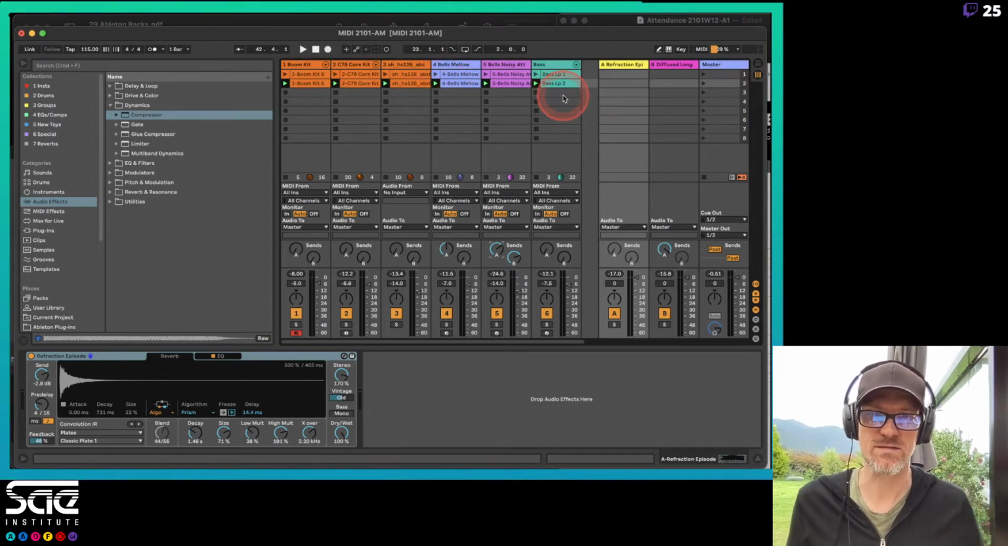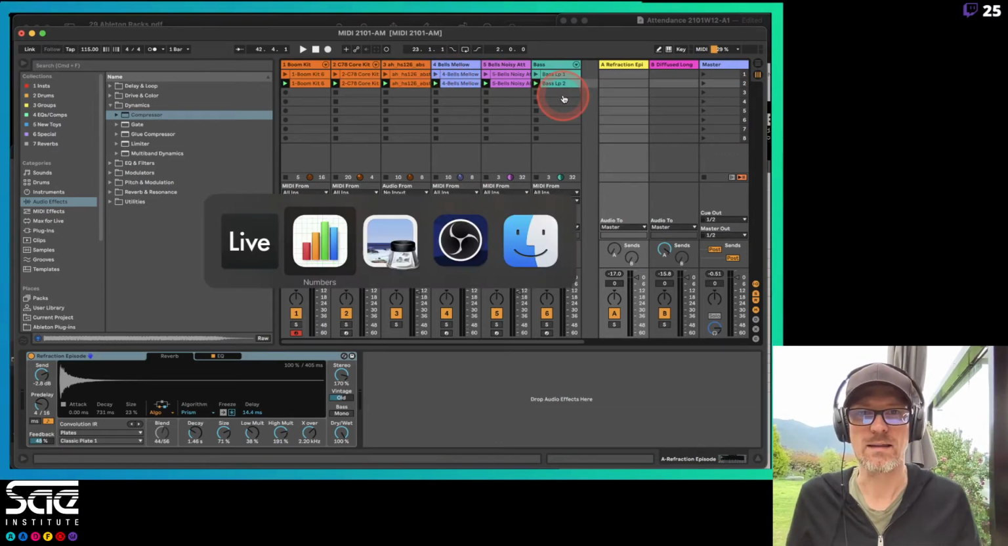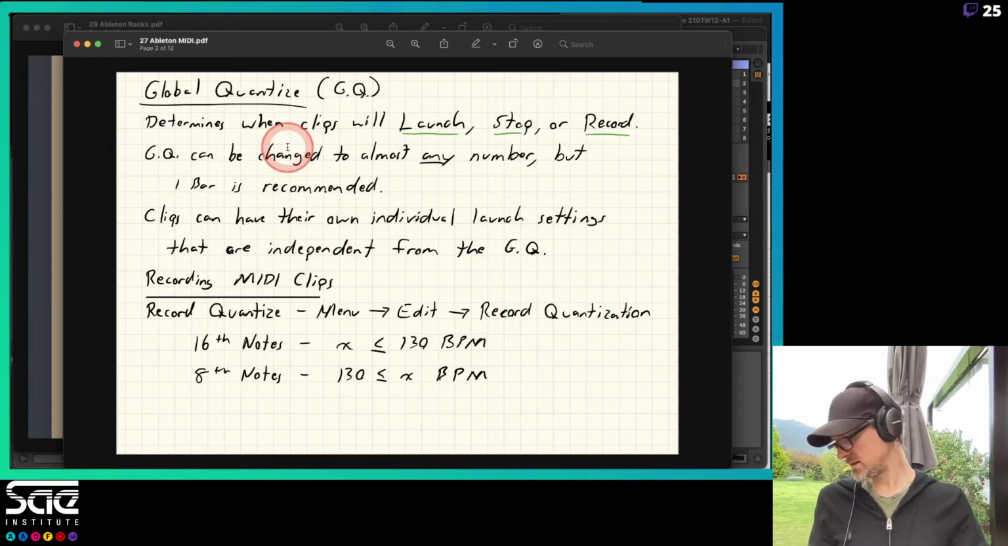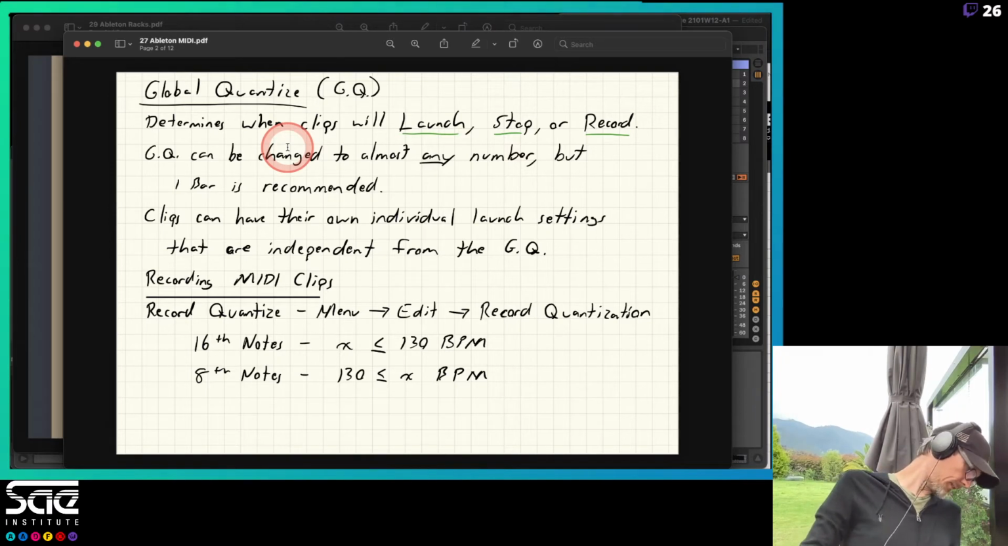So let's go back and dissect that a little bit more and look at the notes here. So the notes, global quantize, all right? So global quantize is,